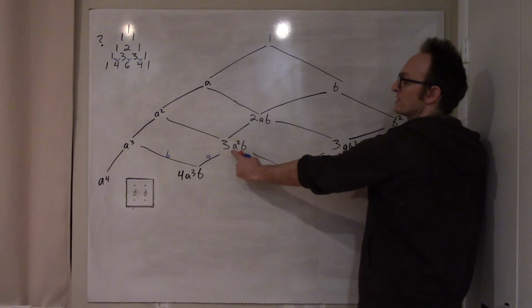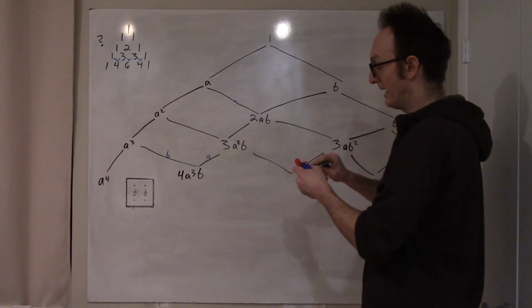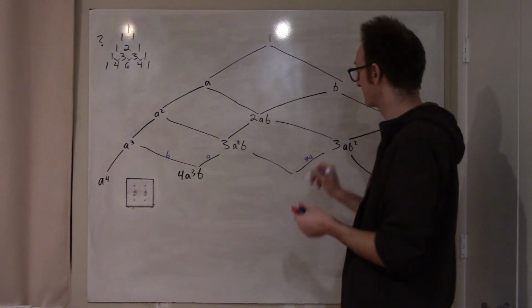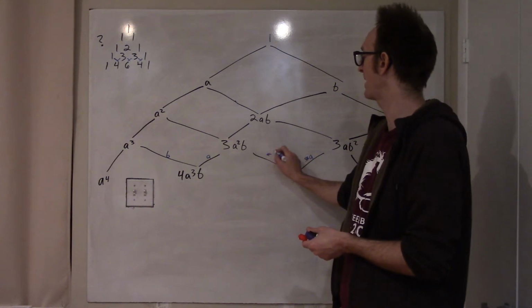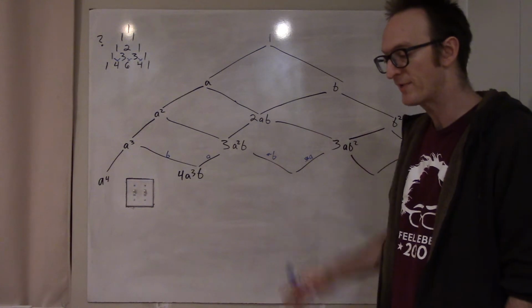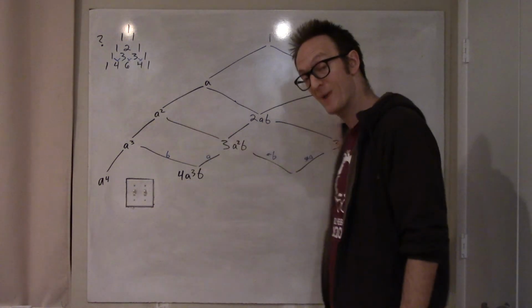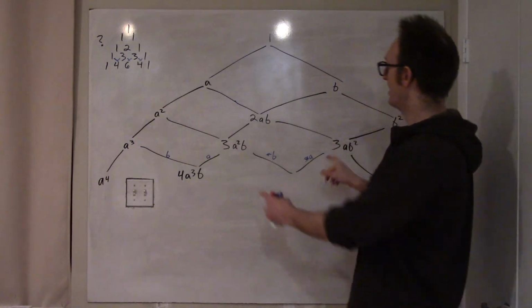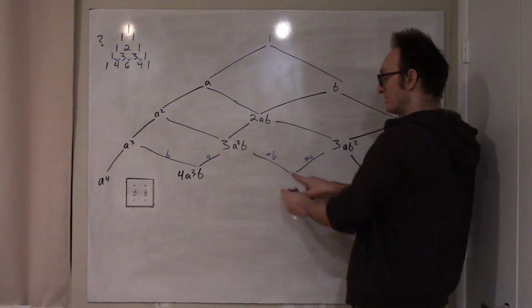This one's always going to have one more a than this does, but here we multiply by a, bringing the a count to be the same. This one is going to have one fewer b than this does, but then I multiply by b. So as I generate the next row of the tree, by multiplying everything through by a, multiplying everything through by b, and adding the result, terms which are right next to each other are going to meet in the middle,